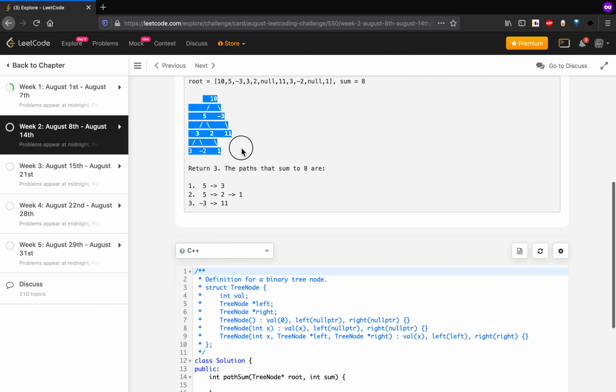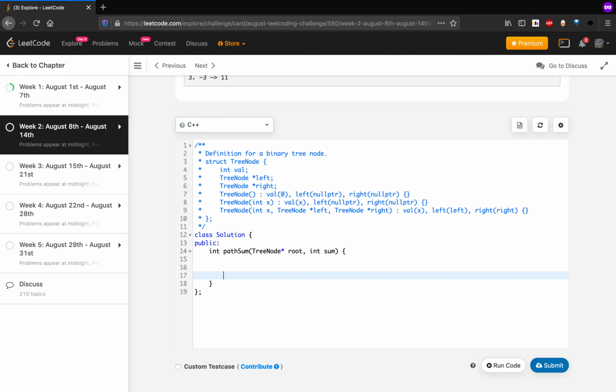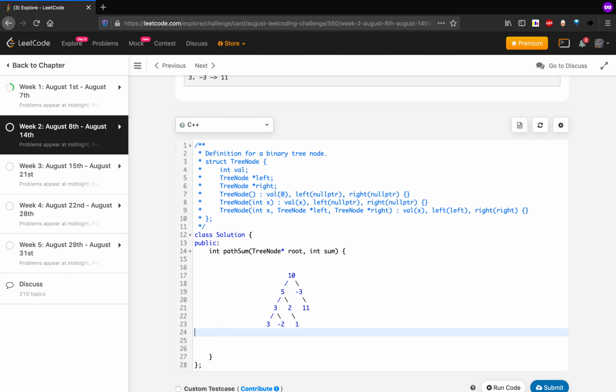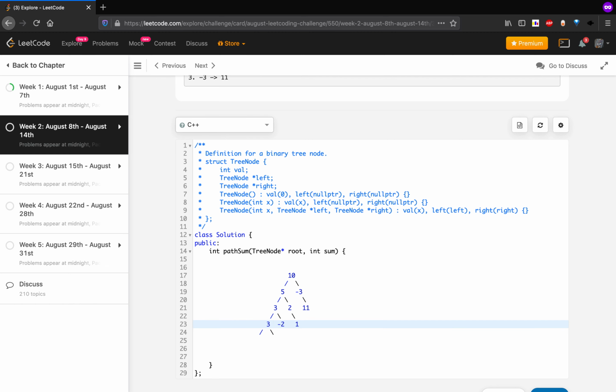So let's copy this binary tree and discuss the approach. Think of this problem in a recursive way. What options do we have at each node? Let us say that 3 is a leaf node. What if we get its left value as 0 from here, and we return 0 from its right child as well?